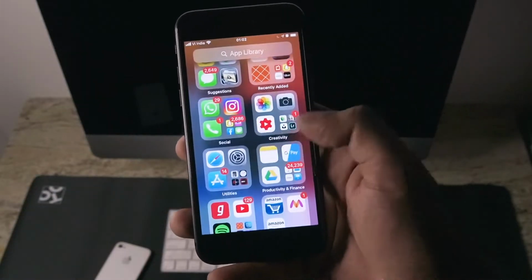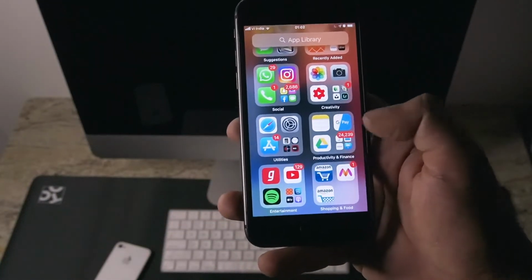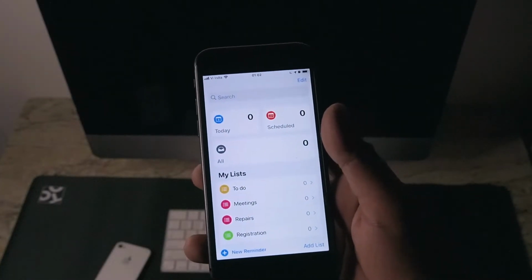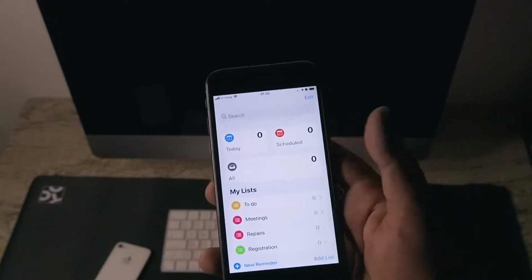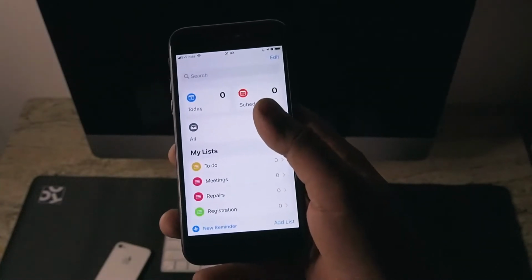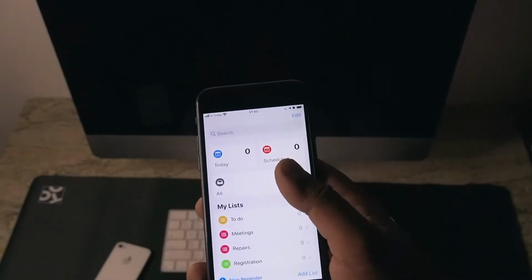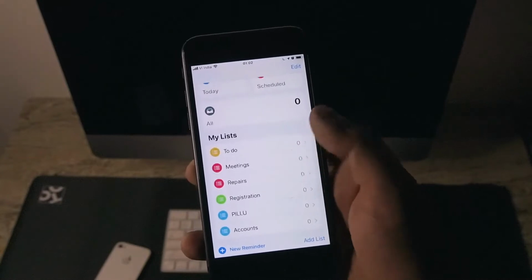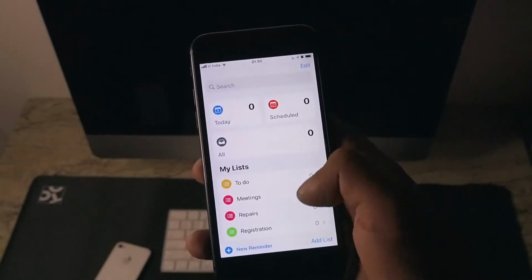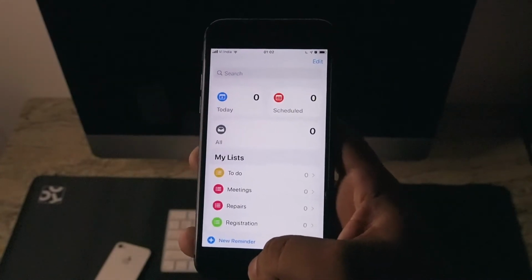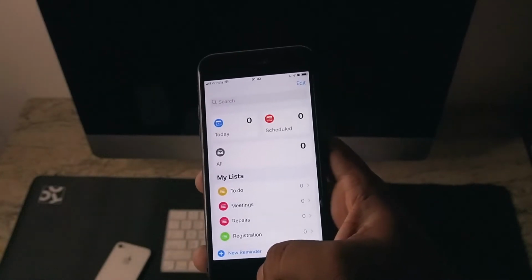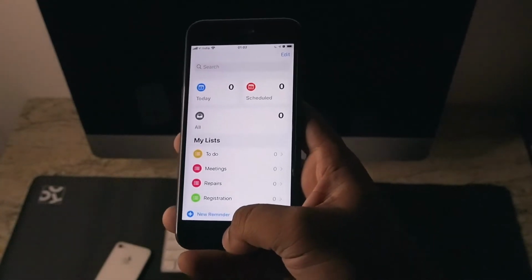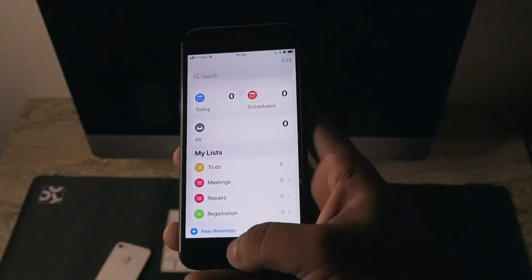So next thing is the reminder application bug. This has been fixed. In many cases, whenever you were setting the reminder on a particular date, the application used to jump to the default date. So that has been fixed. Now whatever date you are scheduling, the same date will remain on the phone. It will not jump to the default date. Default date as in the manufacturing date of the iPhone. It used to jump there. Many users reported this issue, so this again has been fixed now.